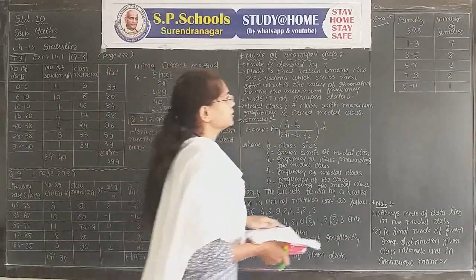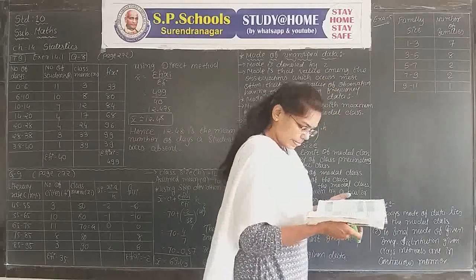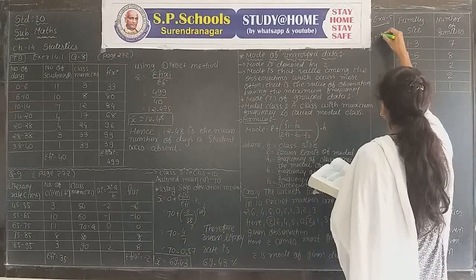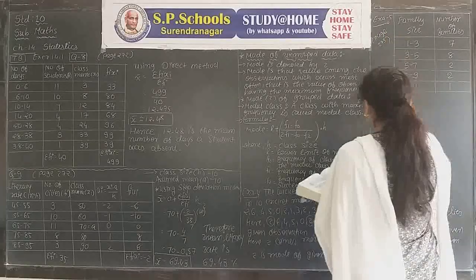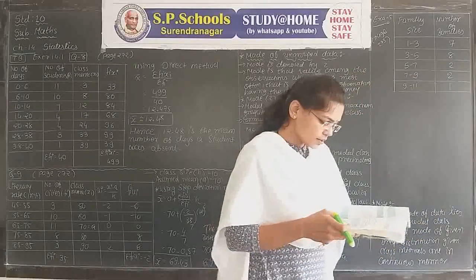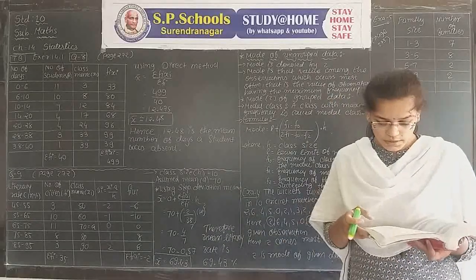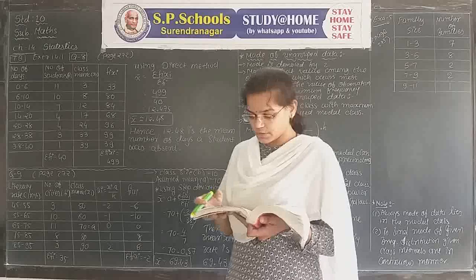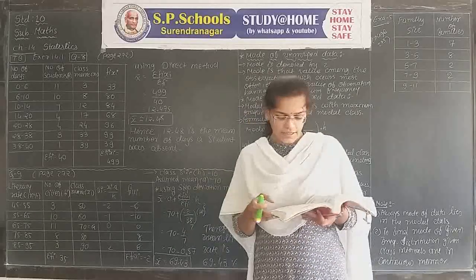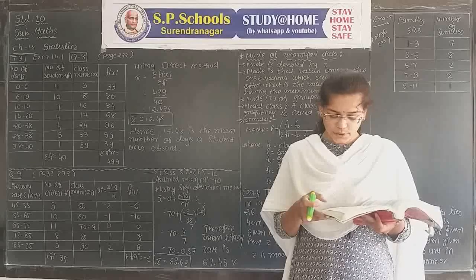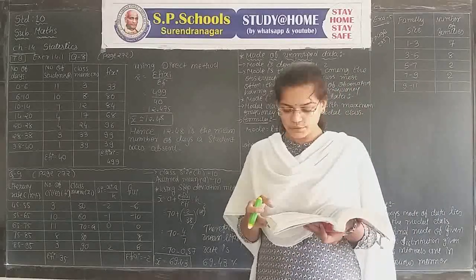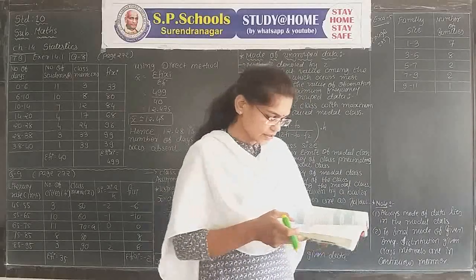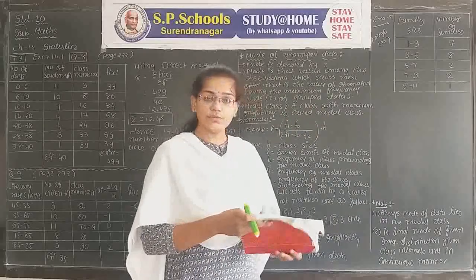Okay, now we discuss our example number 5, on your page number 273. A survey conducted on 20 households in a locality by a group of students resulted in the following frequency table for the number of family members in a household. Family size and the number of families are given. The family sizes 1 to 3, 3 to 5, 5 to 7, 7 to 9 and 9 to 11 are written here. Number of families 7, 8, 2, 2 and 1. Find the mode of this data.